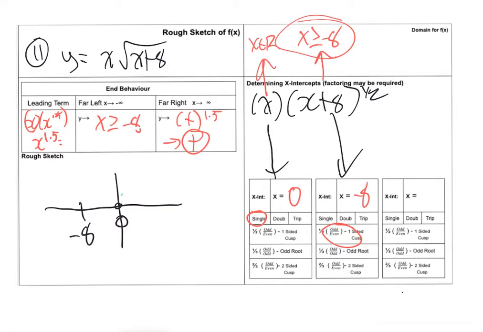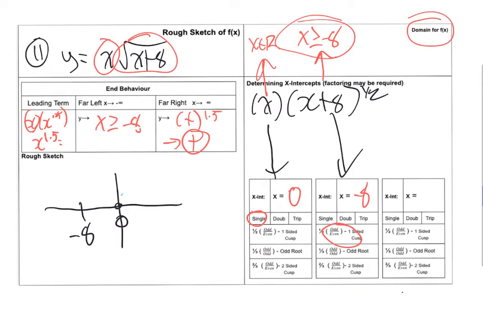Okay, here we go. So this is number 11 on the sheet, and I'll go through it. It looks very similar to the last one that we did, but it's still worth going through. So again, the first thing we should do is domain. Okay, domain for the original function, and again, we look at each factor separately when we do this in a